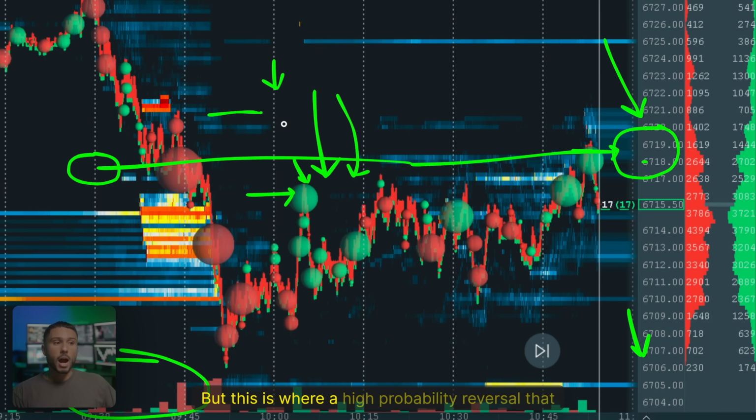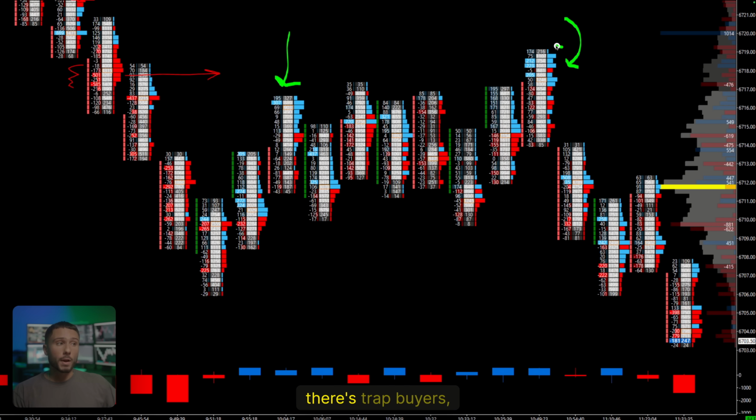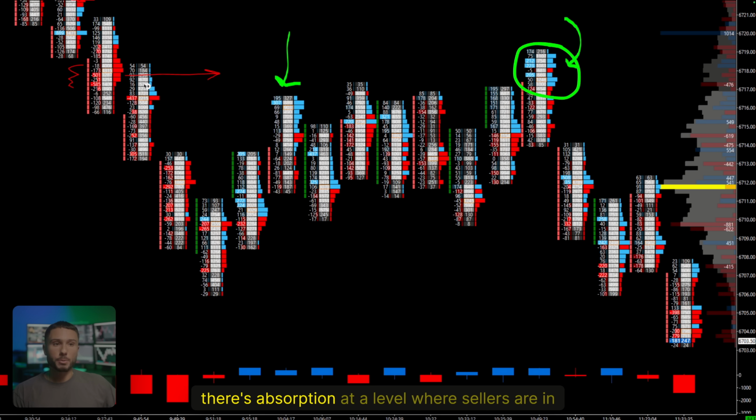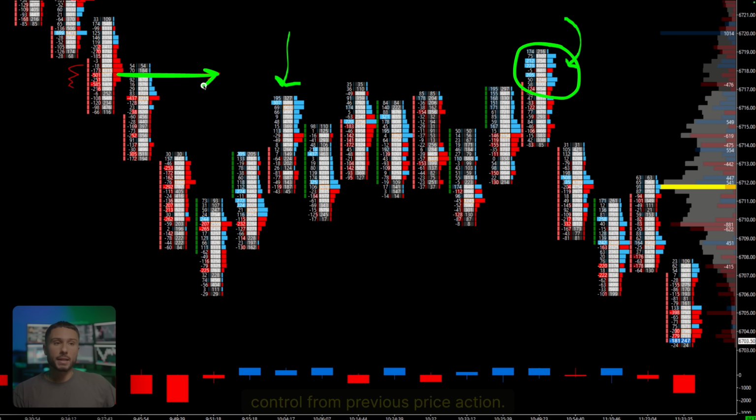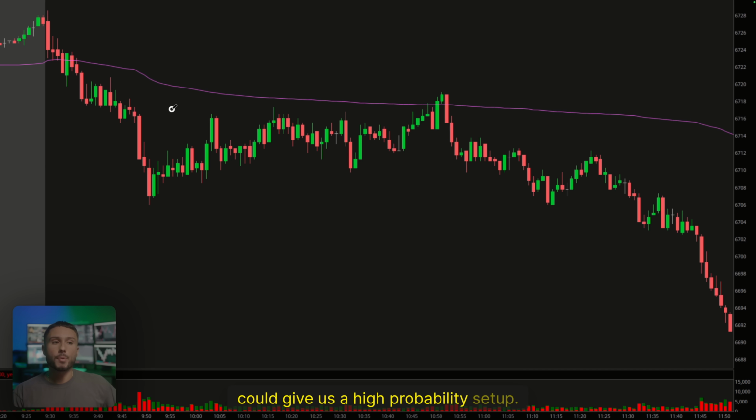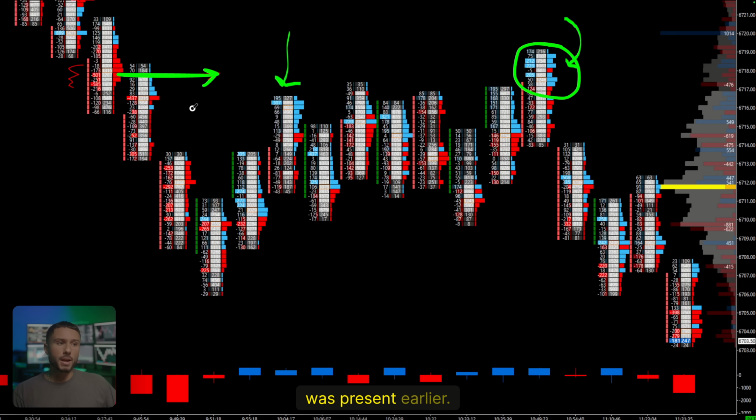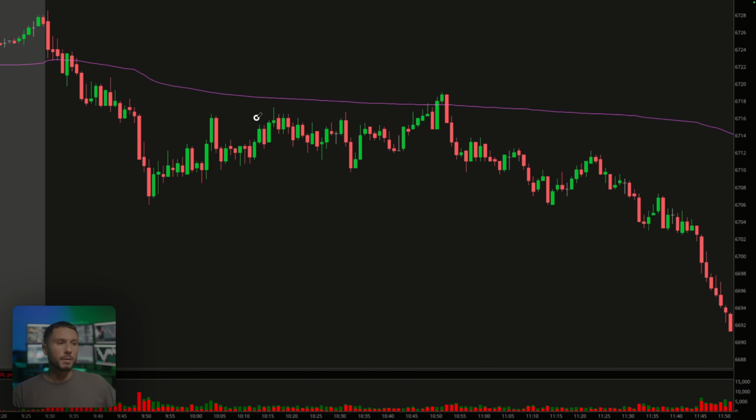But this is where a high probability reversal that I look to enter the market and capitalize on, where there's trapped buyers, there's absorption at a level where sellers are in control from previous price action. So knowing where they're in control, knowing the volume getting transacted around it could give us a high probability setup. And this is where the reversal came. And it also came at the purple line, which is VWAP, but also other good entries were here and here, right? These are all valid entries from where the seller was present earlier by these delta outliers and these trapped